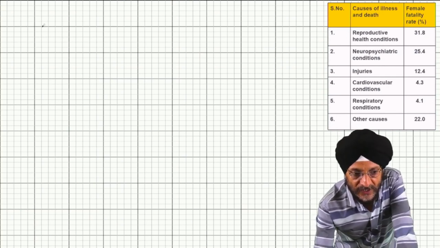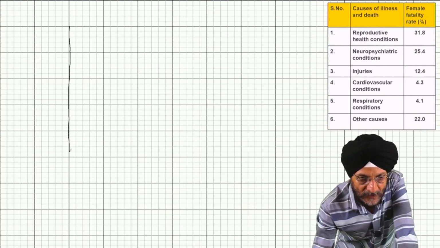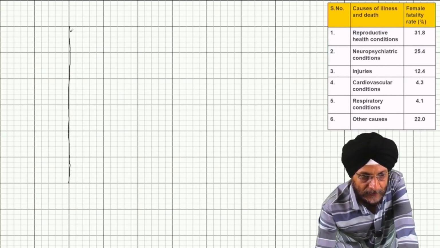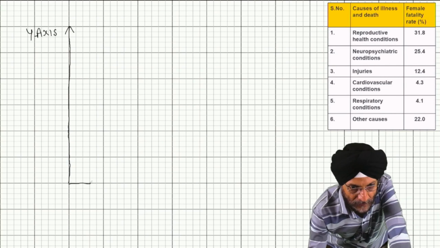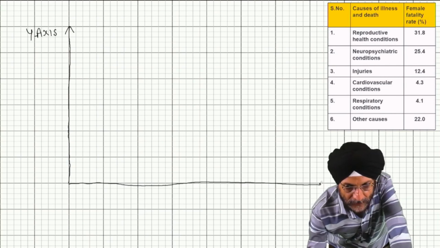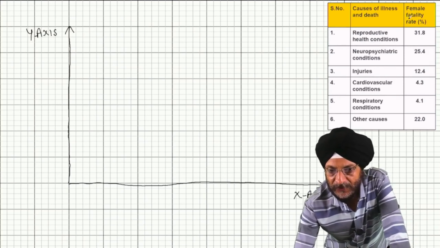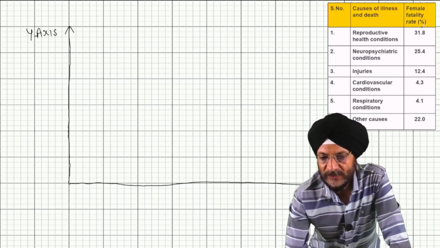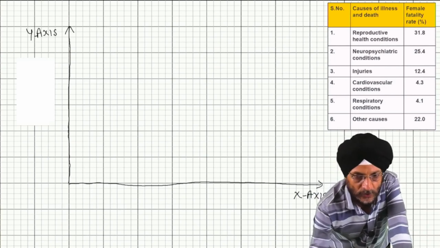So now it is the y-axis which we will draw here. This is the y-axis. This is the x-axis. The information which is changing is the female fertility rate. Normally the information which changes is taken on the y-axis. So here we will write